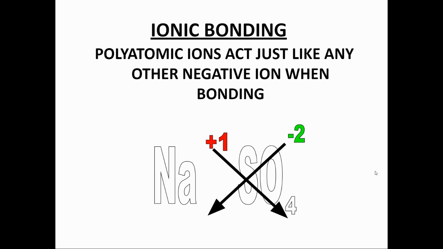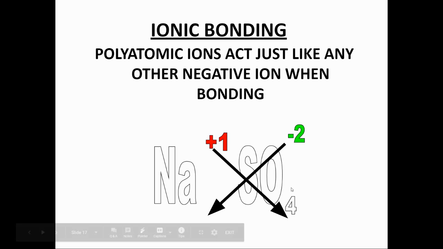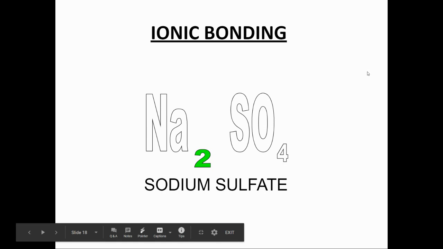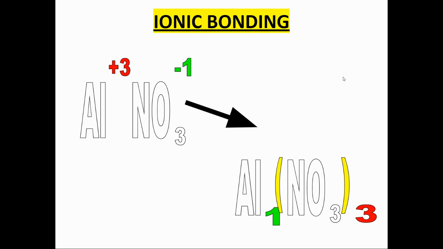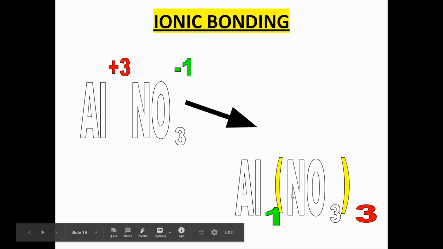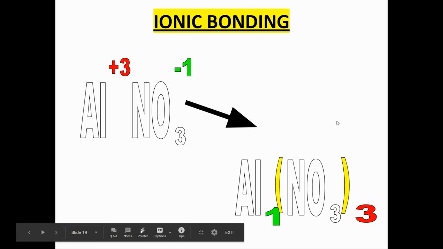So, ionic bonding. Polyatomic ions act just like any other negative ion when bonding. So sodium is going to have one electron to give up. SO4 is a polyatomic ion. I'm going to give you a polyatomic ion cheat sheet. So sodium sulfate, and then aluminum nitrate. I'm going to give you a polyatomic ion cheat sheet, which lists these predetermined compounds, when we start working on creating ionic